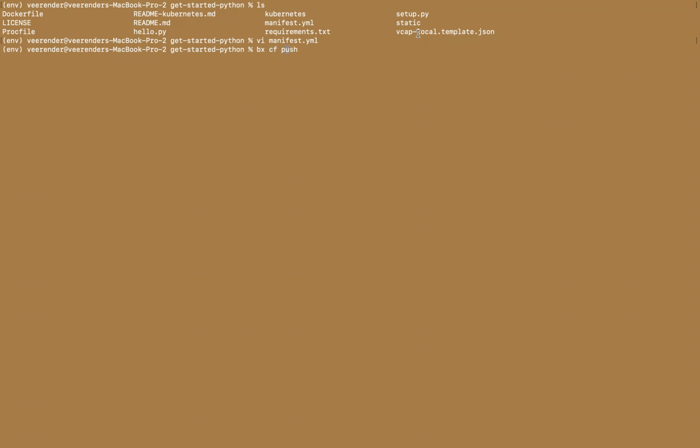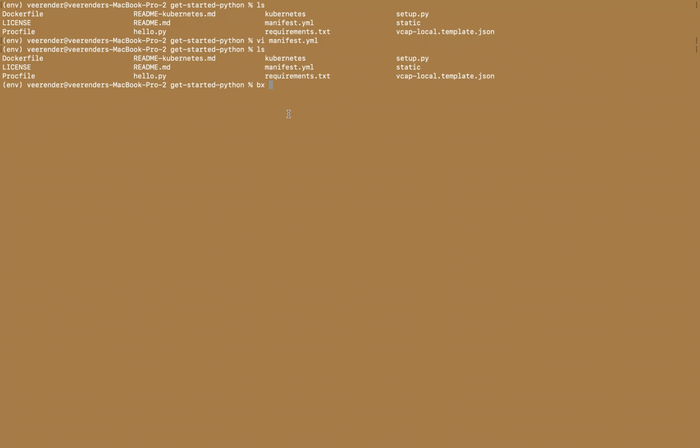Since I've already logged in with my bx command, I'm able to connect to the IBM Cloud. From this particular directory, you need to make sure your application files are here and you place your manifest file here.